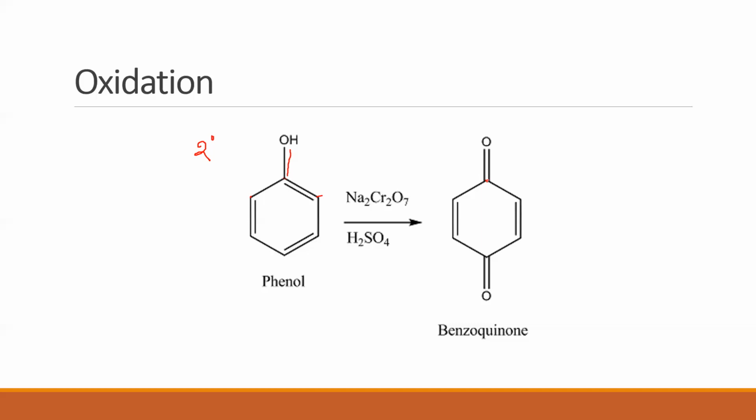It is not the only position that gets oxidized. The para position gets oxidized too. This position also gets oxidized to become a double bond O, and the two double bonds get shifted in parallel like this. Got that? So you will not only have one ketonic group, you will have two ketonic groups attached to benzene. This is the product of oxidation of phenol, for which I can use potassium dichromate or sodium dichromate in an acid, which are strong oxidizing agents.